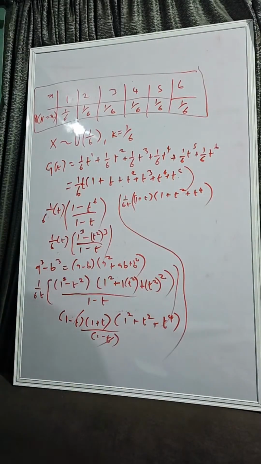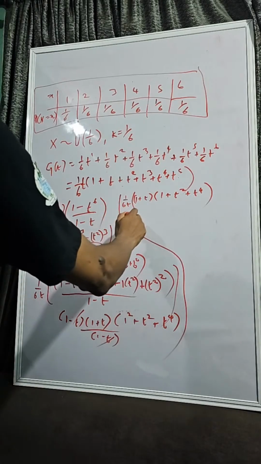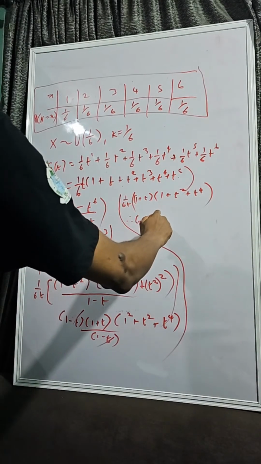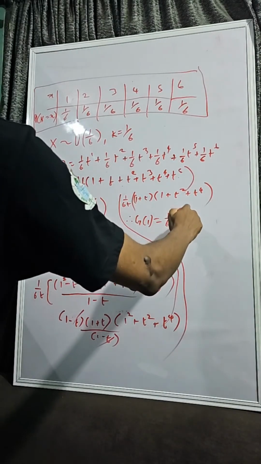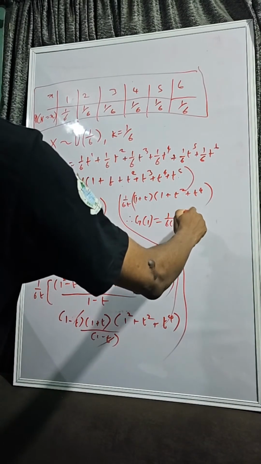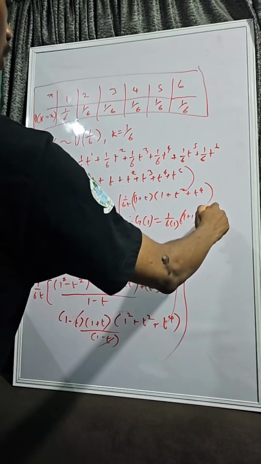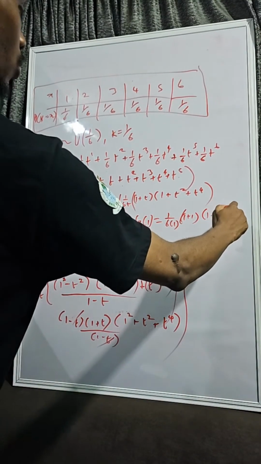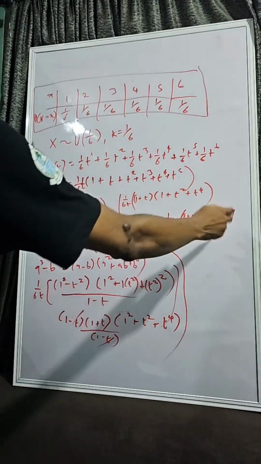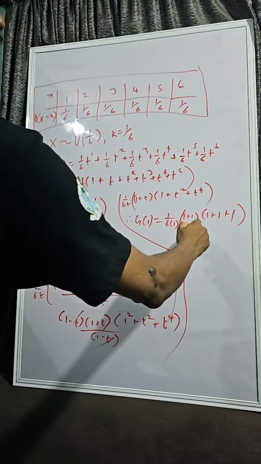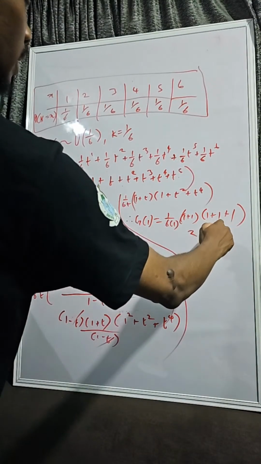So let's now try our check again. Let's put g of 1 and check if we get 1. So this is 1 times 6 times 1 times 1 plus 1, which is 2, times 1 plus 1 plus 1, because 1 squared is 1, 1 raised to power 4 is 1. So this is what? 2 times 3